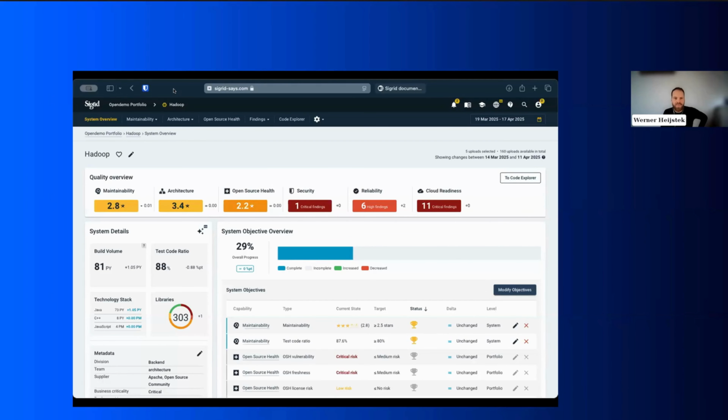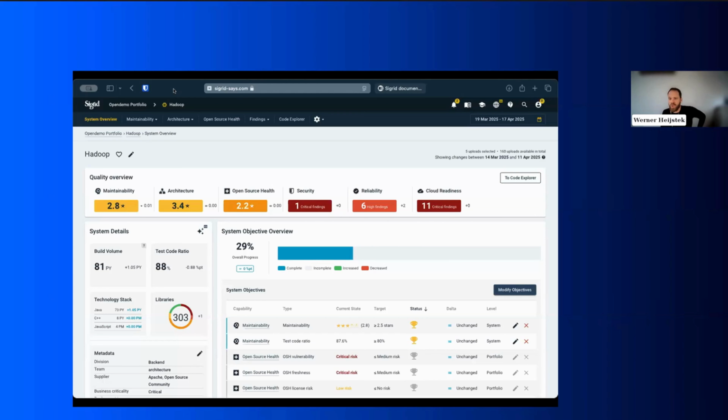This is a web browser. This is Safari, which is currently visiting Sigrid. Sigrid is our platform. So as an organization, we've built a platform that does automatic inventarization of non-functional aspects of software. That's a mouthful. It just measures quality at scale automatically. And it's not so interested in giving you long lists of things that are wrong with your system, saying violation here, violation there, because it's very easy to give 100,000 violations at our larger clients, no problem. It doesn't help you because you don't have time to solve 100,000 violations.